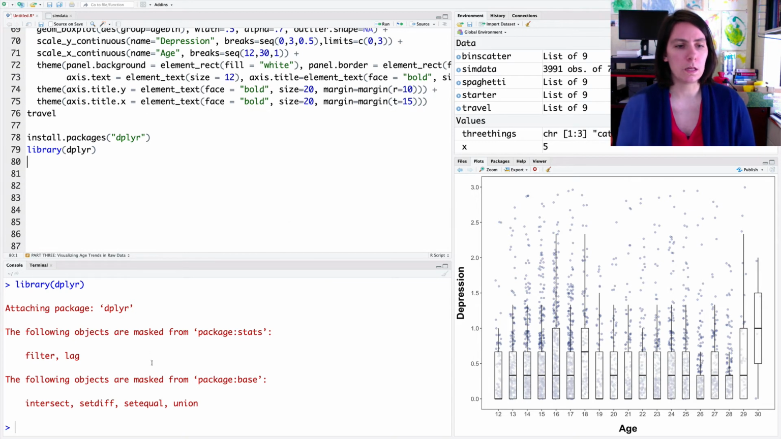So my console is telling me that that package is now ready to go. So I'm going to go ahead and make a new object. I'm going to call that depMeans. Remember, label the object, tell it what goes in the object. I'm going to make use of a simplifying tool that's part of the dplyr package that they refer to as